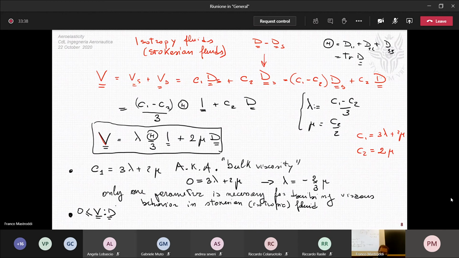But if you decompose this in C1 spheric part plus C2 deviatoric part, double inner product with D spheric plus D deviatoric. This is D, so you have to multiply by D